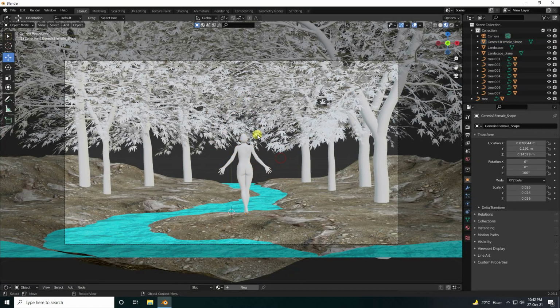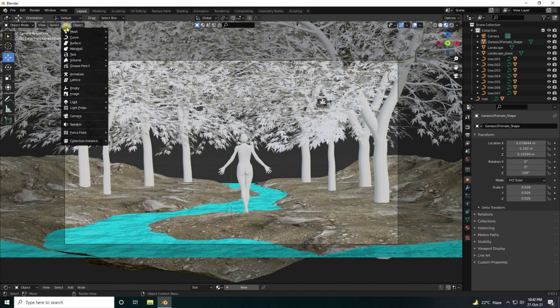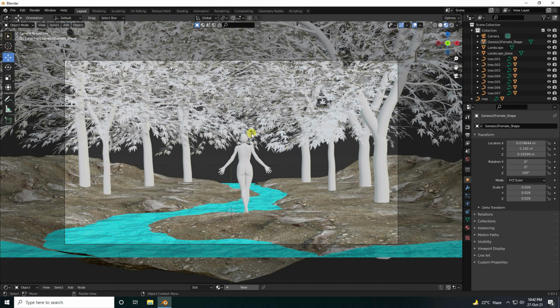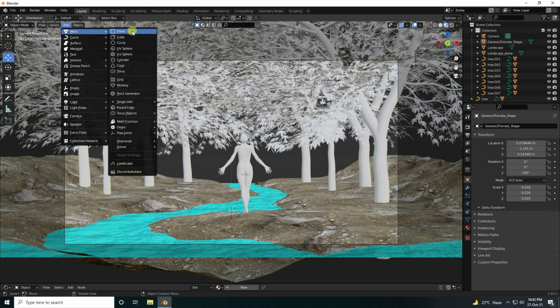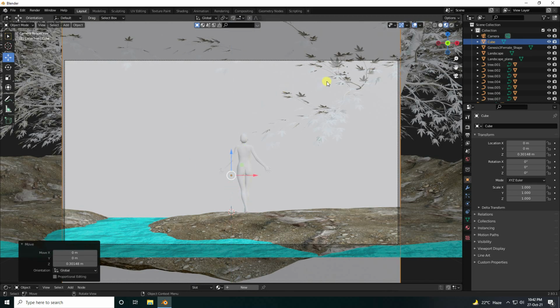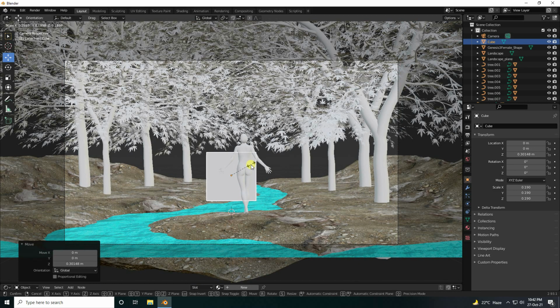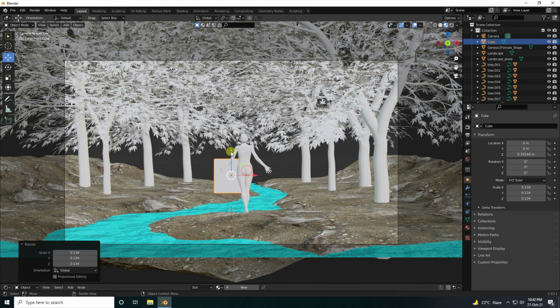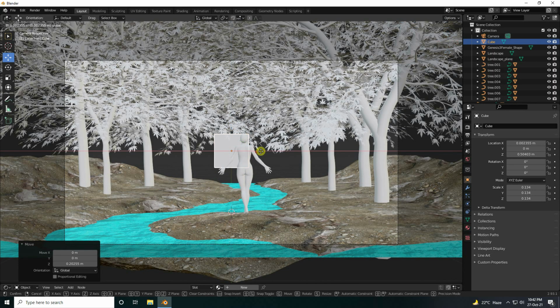Okay, so guys, select your character and change the scale size. Yeah, it's really good. Okay, so guys, now I apply some shapes for my lighting and use a cube, simple cube. Yeah, and change the scale size like this. Yeah, and go on here.